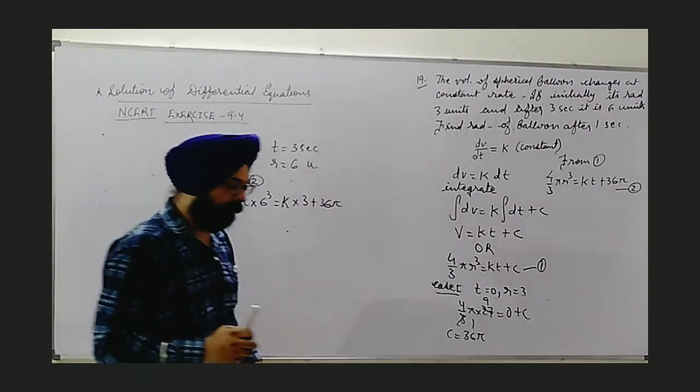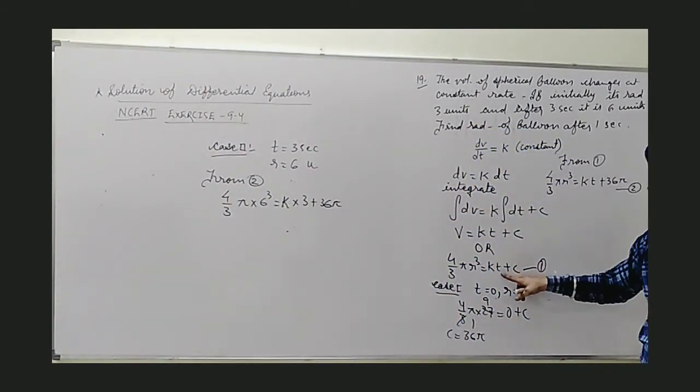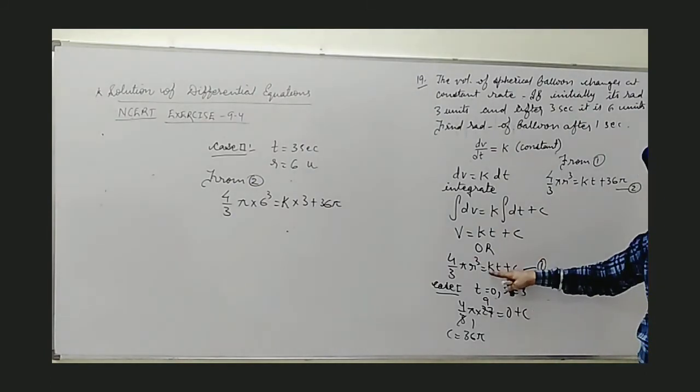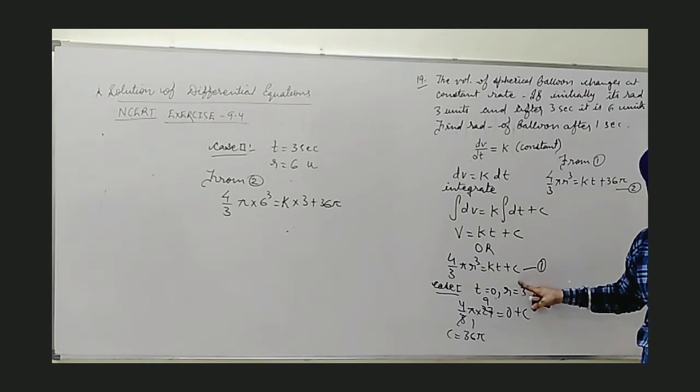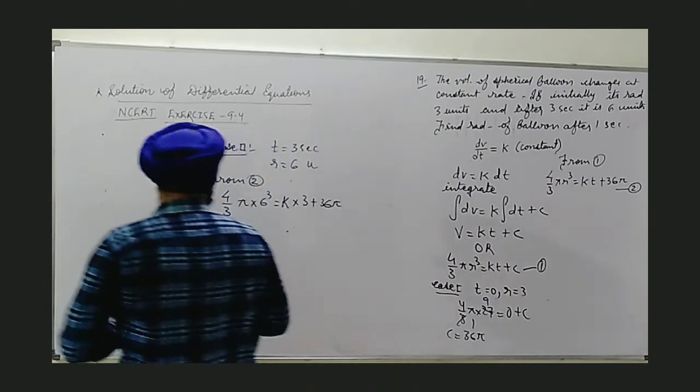Actually, let me tell you, the number of cases depends on the constants. In this equation we have t and r as variables, and k and c as constants. Every time we have to find these constants k and c. So that's why we are forming these different cases. Now here, if I solve,